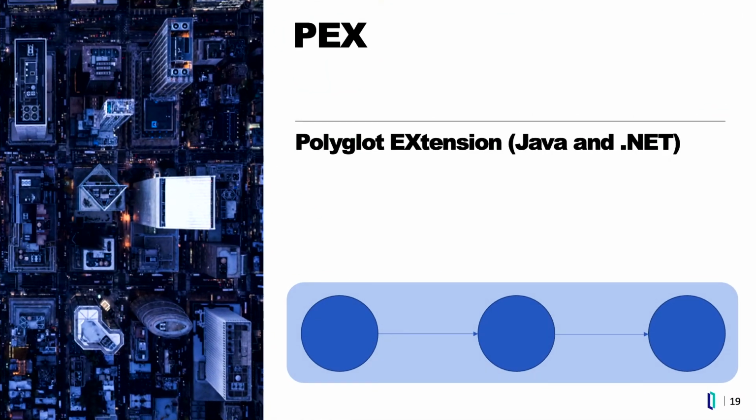The one thing we're going to talk about in the demo is PACS, the polyglot extensions, which allows you in productions to write code in another language. So you've probably seen, maybe you've seen one of the projects from Guillaume yesterday, which supports PACS for Python. What we support in the product today is PACS for Java and .NET. So that's a nice mix.